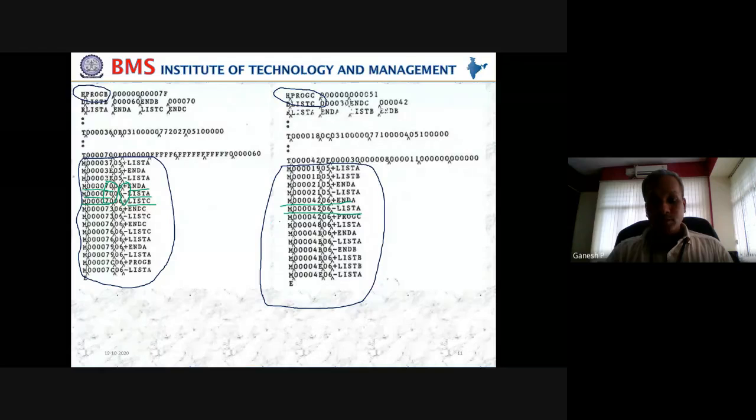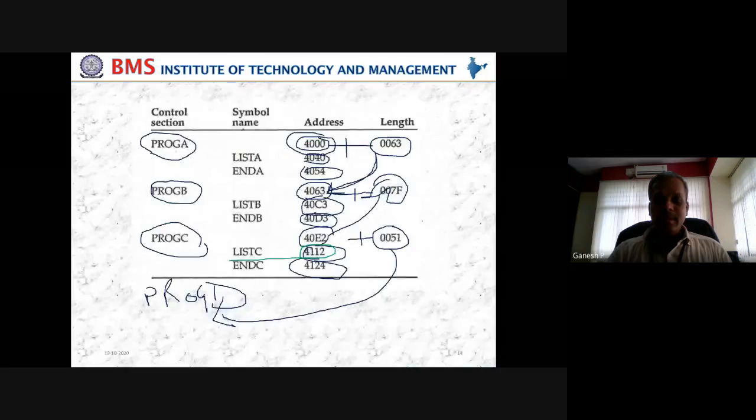But we will see one more also. Why? Because where are the list A and NDA? They are part of the program A. So when they are part of the program A, they need to be added with the program C now. So let us see NDA minus list A. What is NDA? NDA is 4054 minus 40, that is 14 plus 30. Plus 30 means already it is there, no? List C. Okay, list C is already given here 4112. When you add 4112 plus 14,